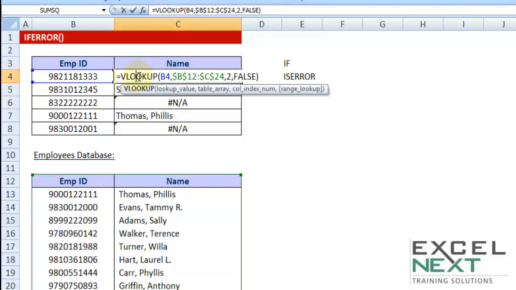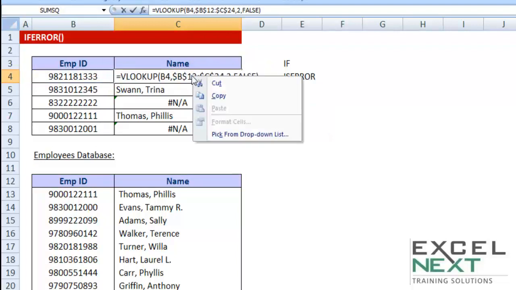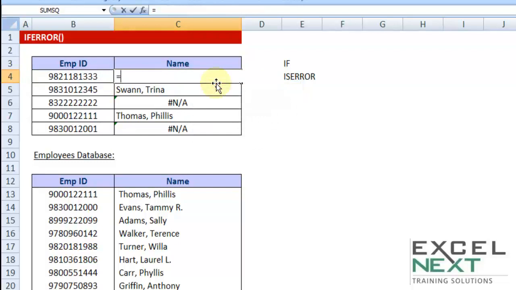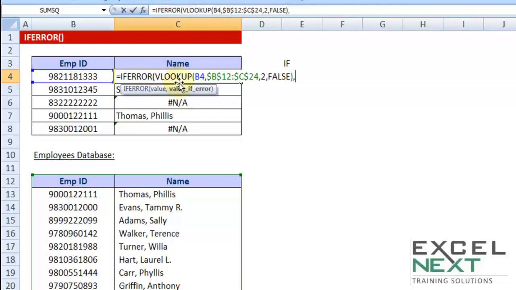So let me do one thing. With this VLOOKUP, let me just simply cut this, I'll be using this. So cut. Let me use a formula called IFERROR. Now IFERROR talks about two parameters. One, that's value. The second, value if error. It tells you to give in that formula from which the value is to be derived. That is the VLOOKUP. Now if that value is an error, in that position, what would you want to give? I would want to give a message saying "check again".